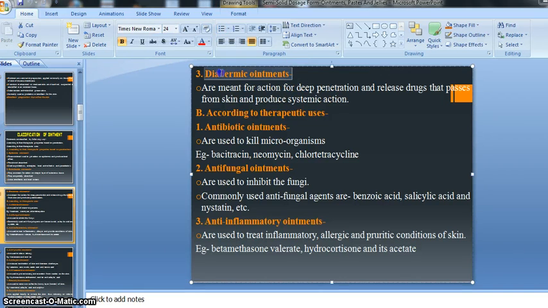Then our third kind of ointment, according to their therapeutic properties based on penetration, from our first classification, is diadermic ointment. Let's see what that is. Diadermic ointments are meant for deep penetration and release drug that passes through the skin and produces a systemic action. Diadermic ointments have good absorption properties and are able to penetrate through all skin layers and able to